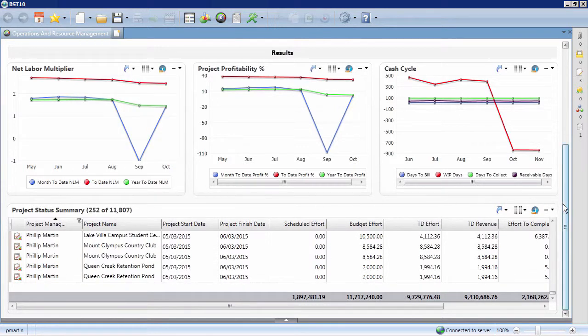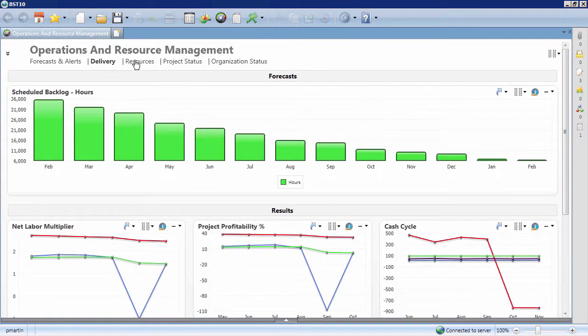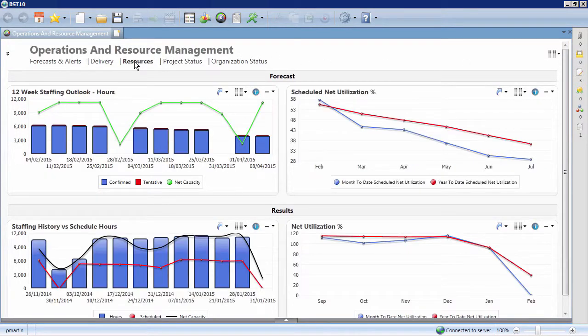The next tab on the Operations Manager dashboard is the Resources section. Now you can see summarized staffing information and make sure you are not over or under capacity. At the top of the screen, you can review forecasts for your weekly staffing outlook and net utilization percentage. The visualizers allow you to easily see how your confirmed and tentative resource assignments compare to the overall staffing capacity